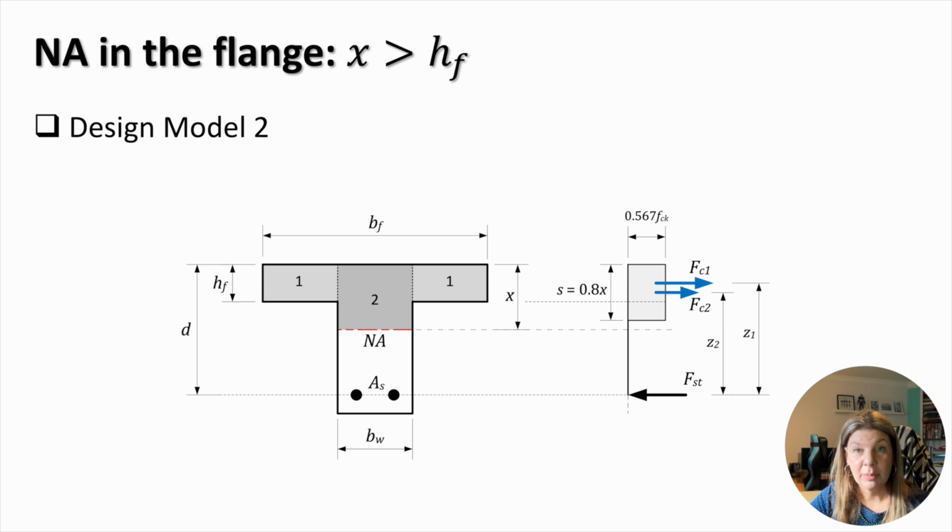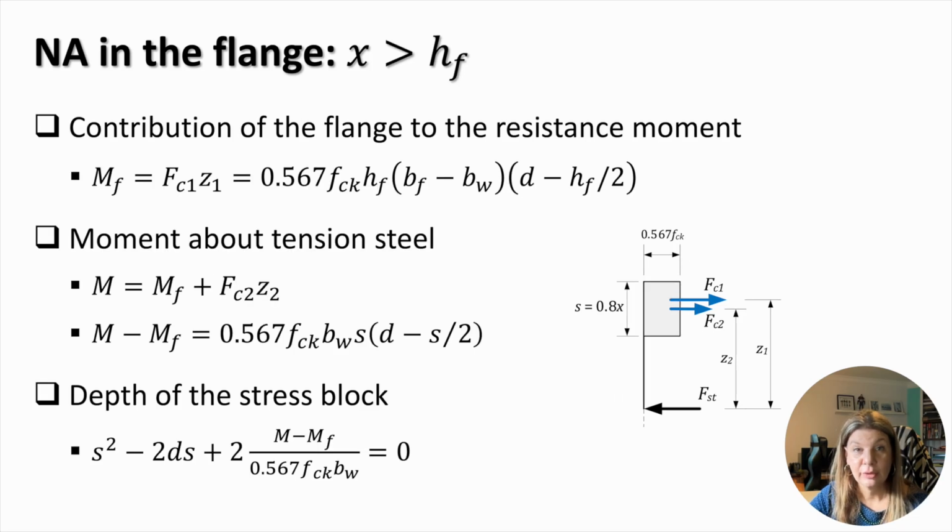The values of the compression forces are found using the rectangular stress block method, which defines the distribution of compressive stress in concrete. As you can see, the presence of two compression forces requires the evaluation of two lever arms, Z1 and Z2. The design starts with the evaluation of the moment MF carried by the flanges. Since the force FC1 is positioned in the middle of the flange, the lever arm Z1 equals D minus